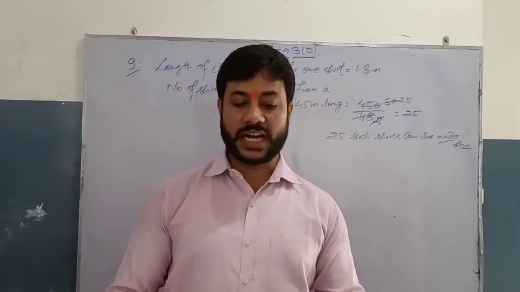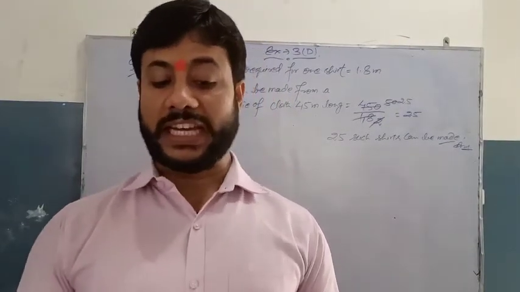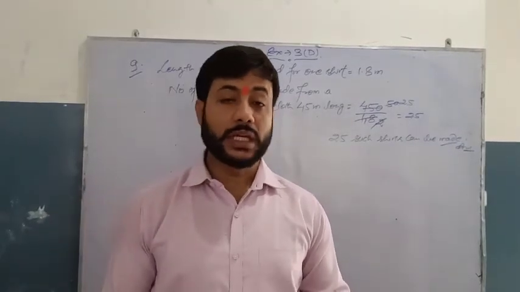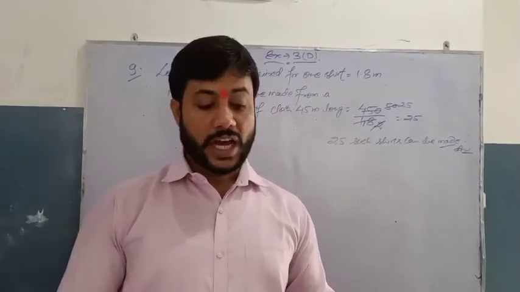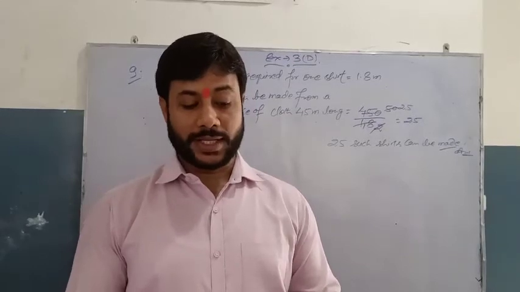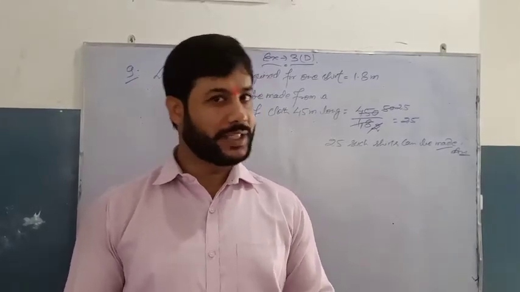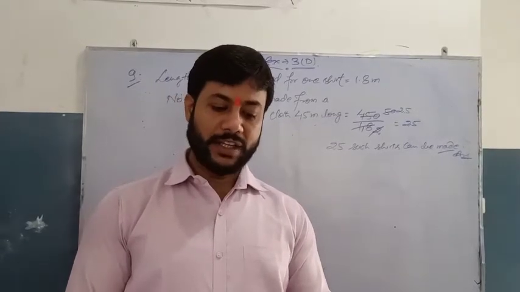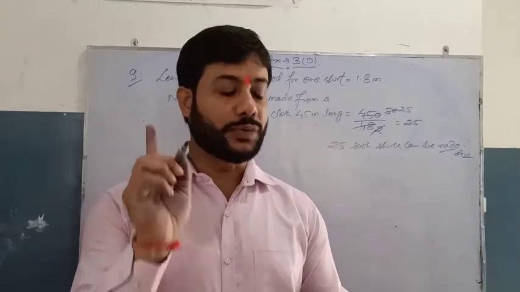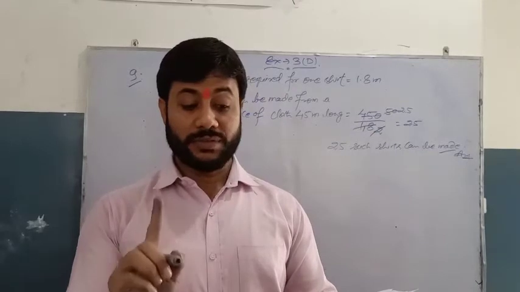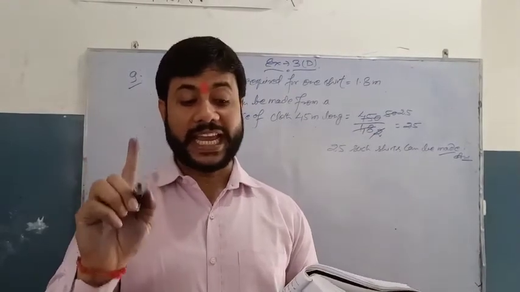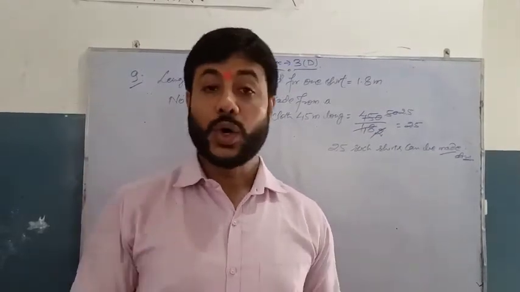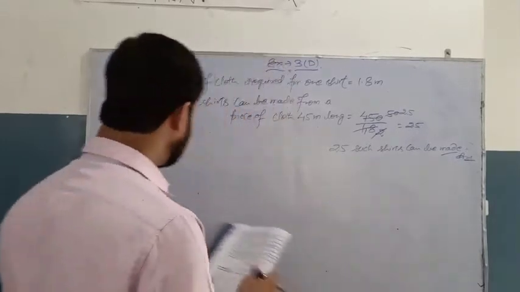Question number 10 says a car covers a distance of 22.8 km in 2.4 liters of petrol. Right? How much distance will it cover in 1 liter of petrol? Here you will divide the given amount. Now in question number 11, a tin holds 16.5 liters of oil. How many such tins will be required to hold 478.5 liters of oil? Now we will solve it.